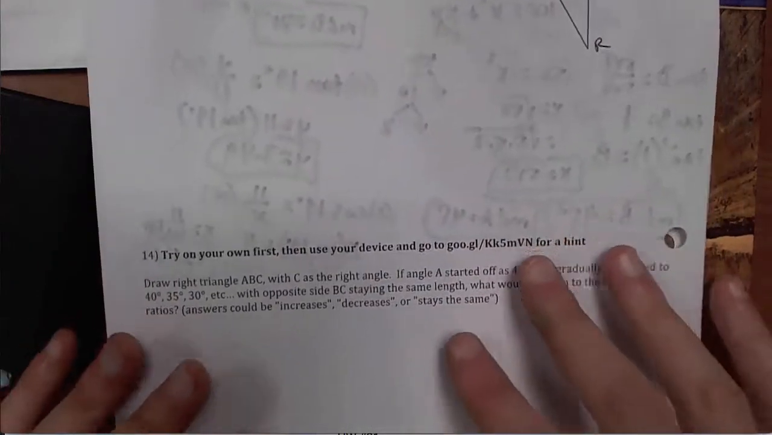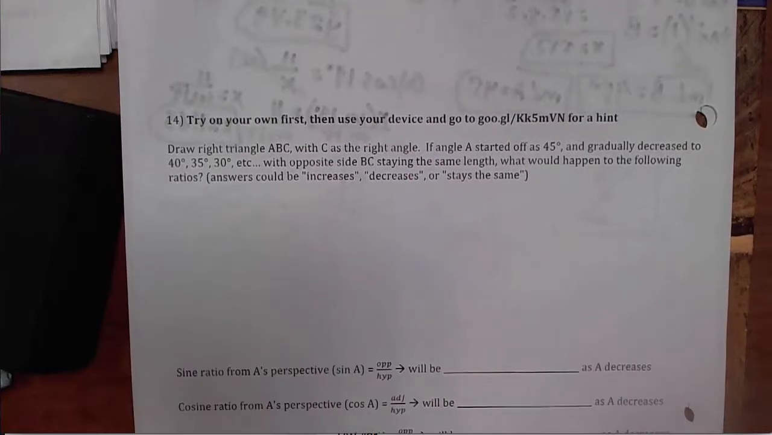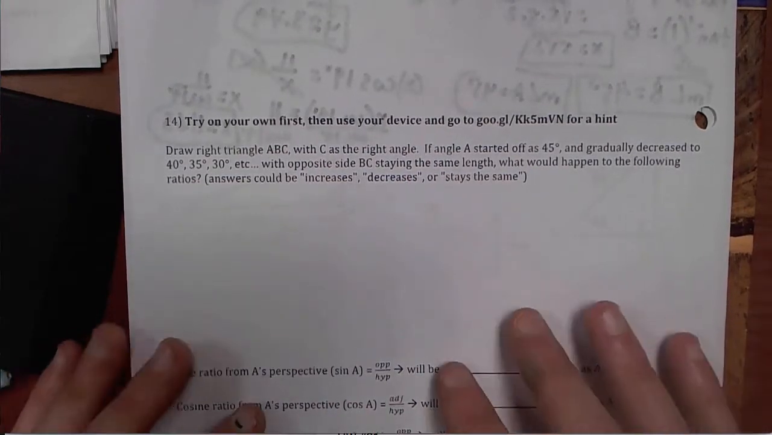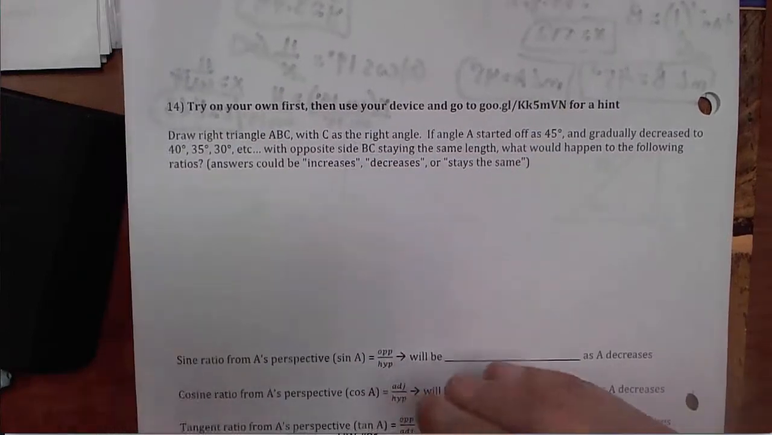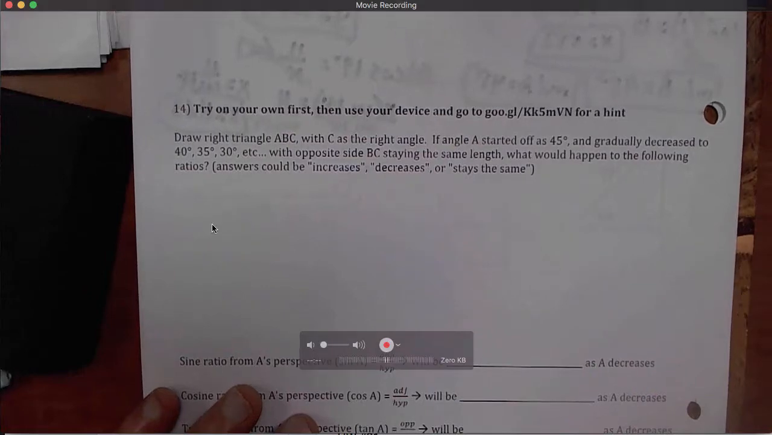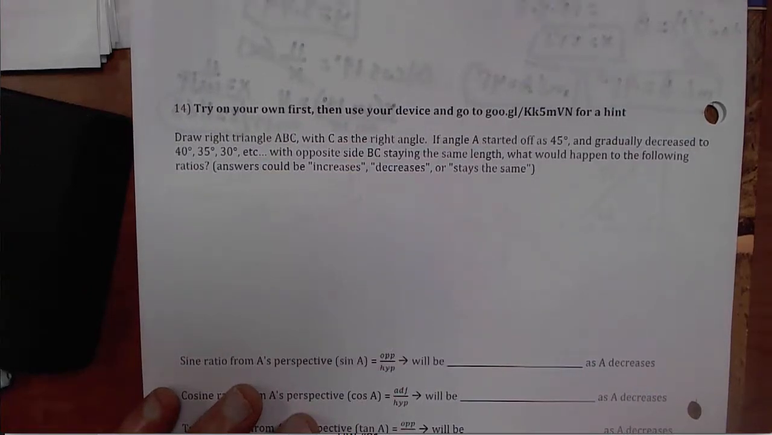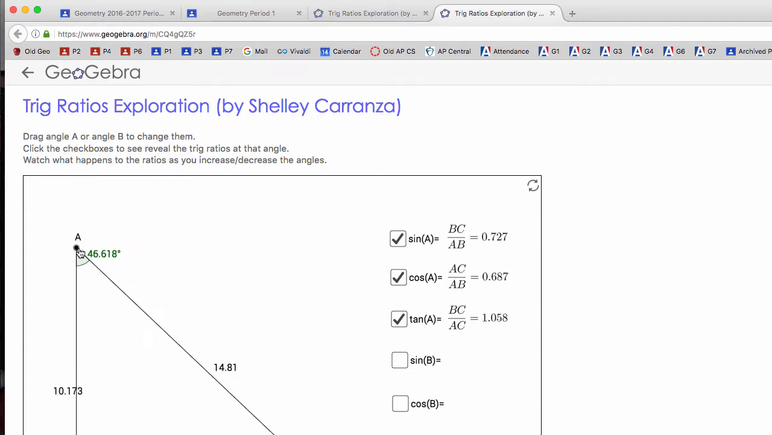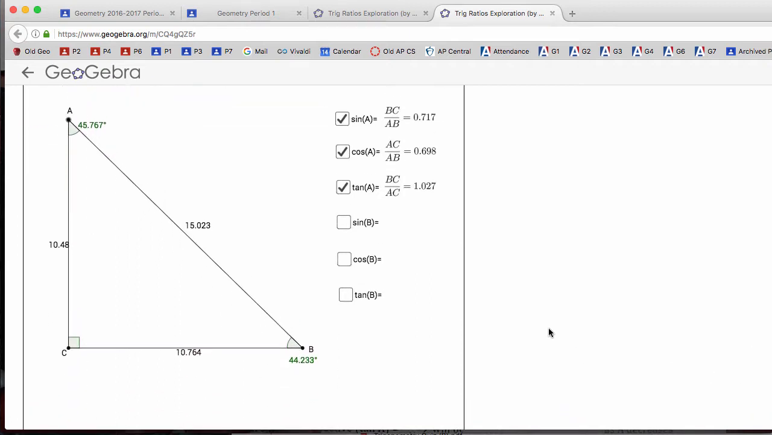And then finally, number 14. This is like a conceptual problem. Think about what would happen if you had a right triangle that started off as 45 degrees and then gradually got smaller and smaller and smaller with the opposite side staying the same. Again, check out this Google link here. Put it at 45. You'll have a triangle ABC, put it at 45, and then just see if you can figure out